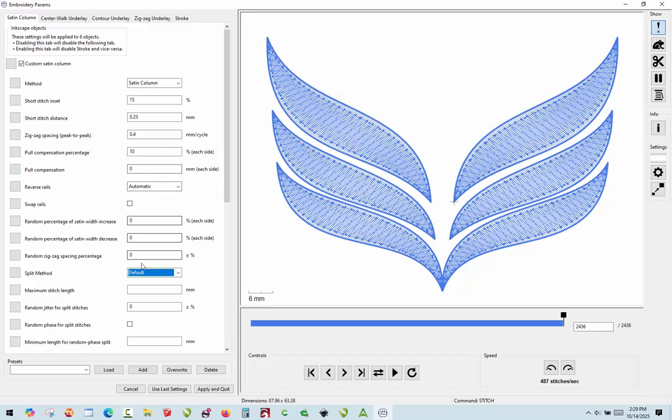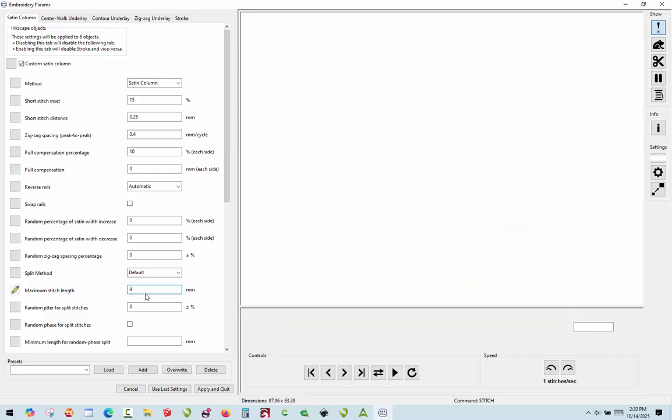Right here, maximum stitch length, to set the maximum amount of stitch length that we want. So we know that our satin column is 9 millimeters, but maybe we don't want any satin stitches that are longer than 4 millimeters. Okay,